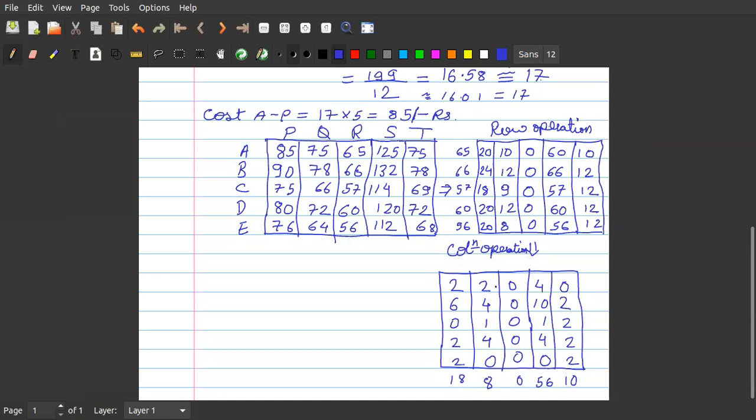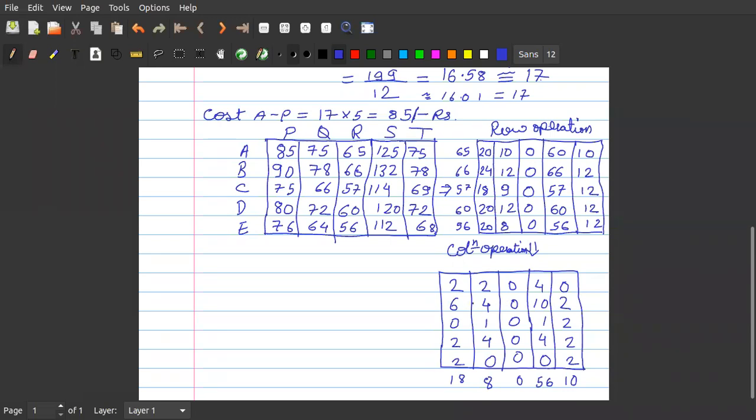Okay. For the Hungarian method, we will start doing row operations again, but this time we are interested in looking for zeros. So if you see row number 1, there are 2 zeros, so we will skip this row. Then we'll move to row number 2. In row number 2, we find there is only 1 zero, isn't it?